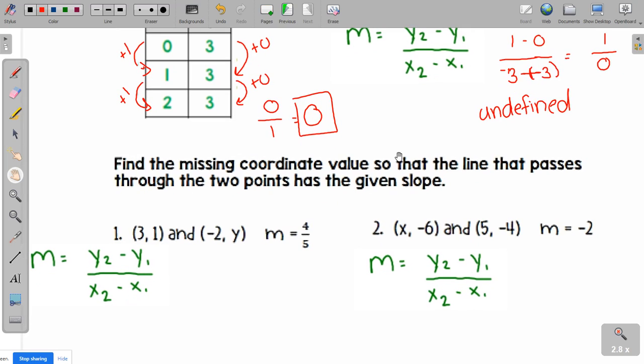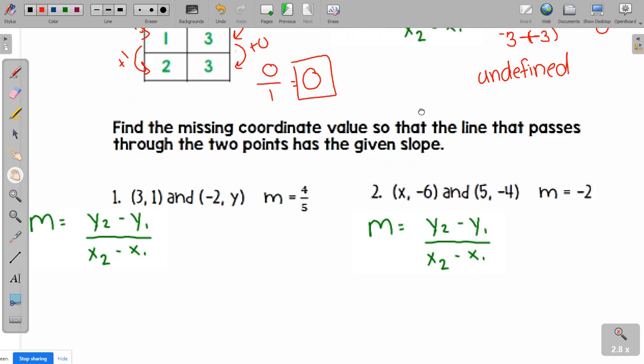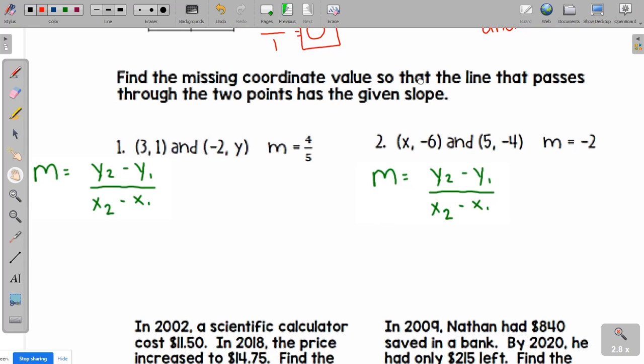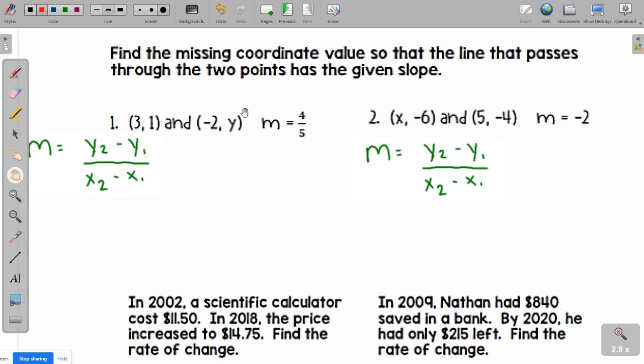The next type of problems we're going to look at is we need to find the missing coordinate value. So here we need to find our y. We are given our slope and given our 2 points. So substitute in all the information. So instead of m, we're going to write 4/5 is equal to y2, which is y,